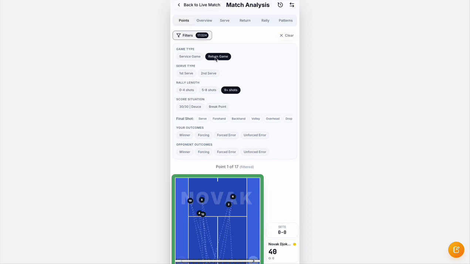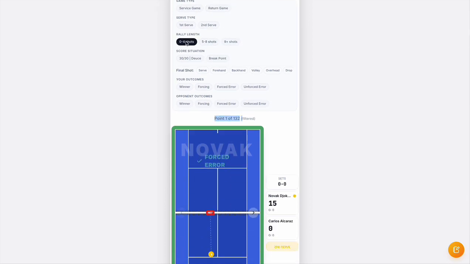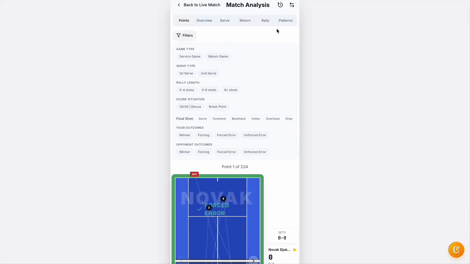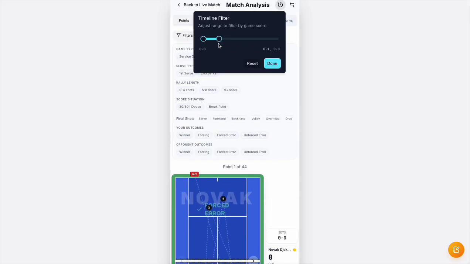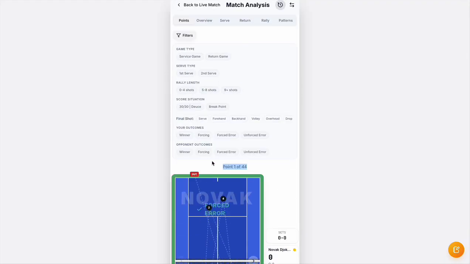I might also look at some of the longer points to see how those ended, or the 0 to 4 points. I can see the total number of each of these categories here, so you can see that there weren't very many rallies extended beyond 9 shots. So I go through all these, and I might go to the first set as mentioned before to see how things differed there. So there are only 44 points in the first set, and I could watch the entire first